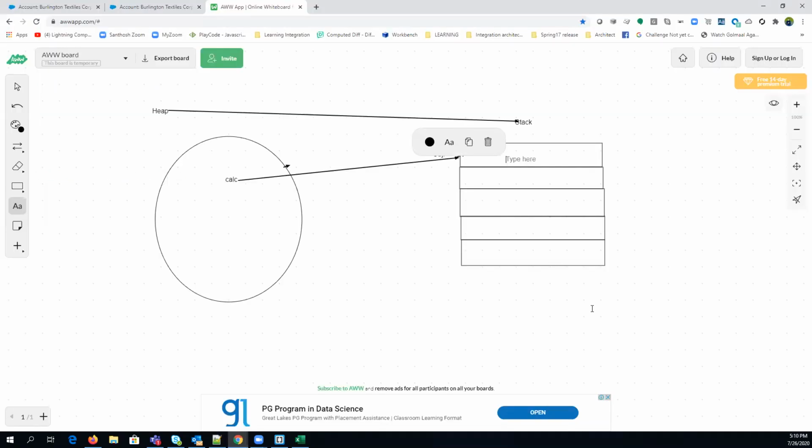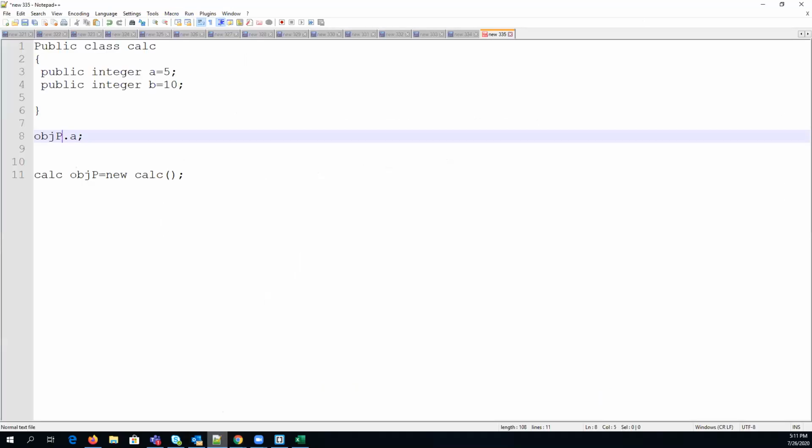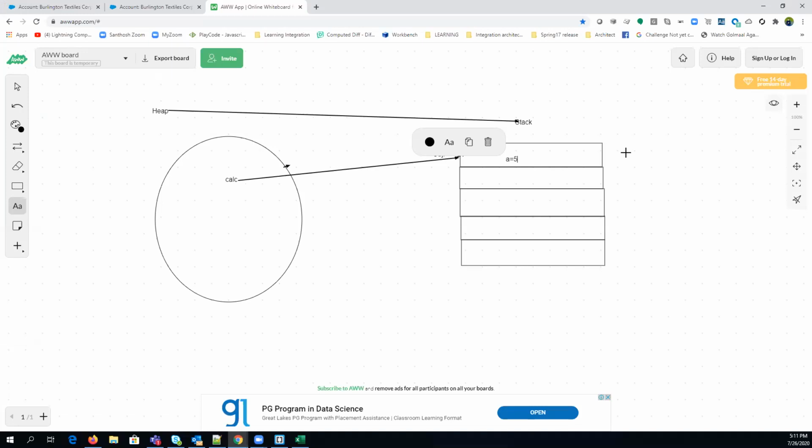So after defining objp, we can use it to access anything. Absolutely. So now your a value is here, a equals whatever value you gave initially, which is 5. So a equals 5 is stored here.